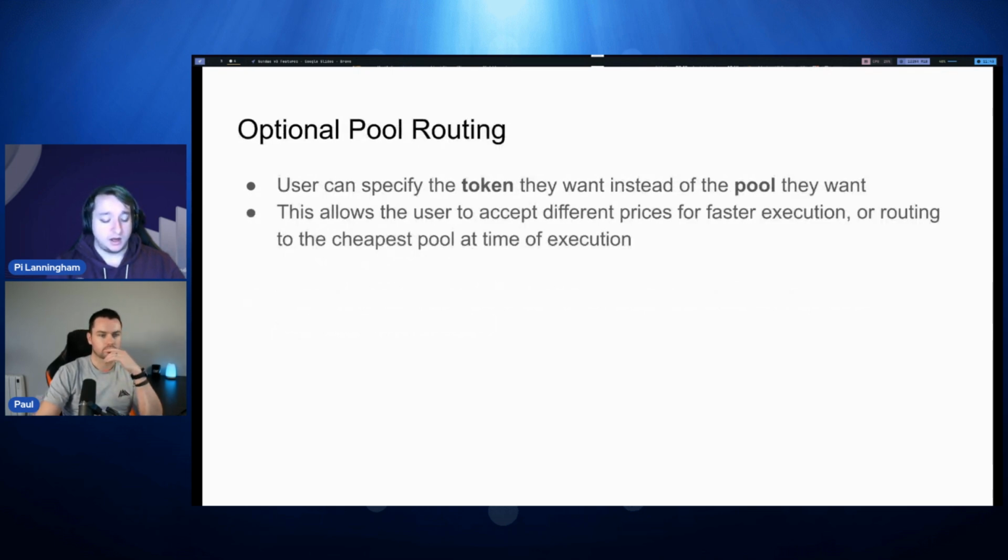Cool. Another feature is we have optional pool routing. So in the V1 protocol, when you create your order, you specify exactly which pool you want to execute against. So you say, oh, I want to execute against pool 08, and that's the ADA Sunday pool with the most liquidity.